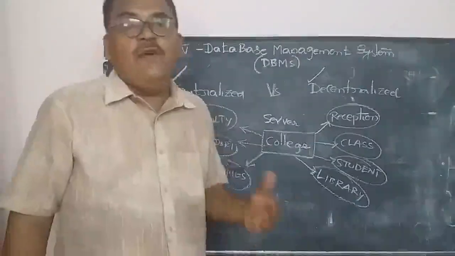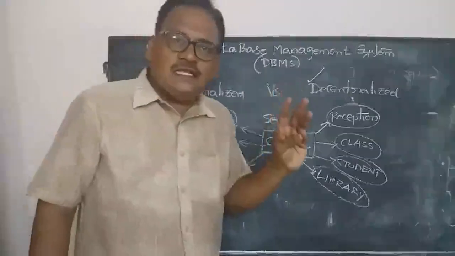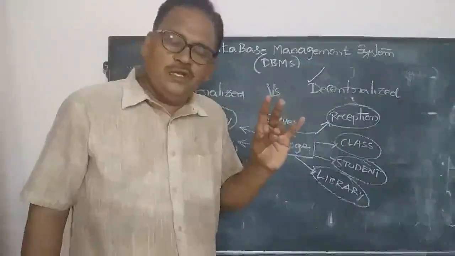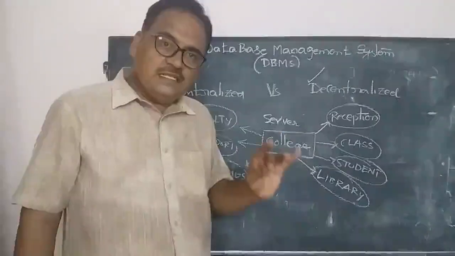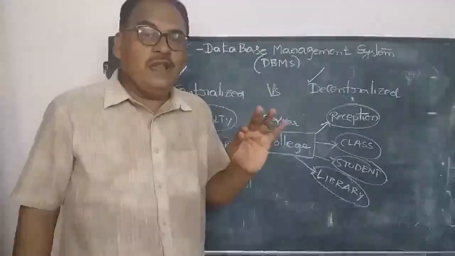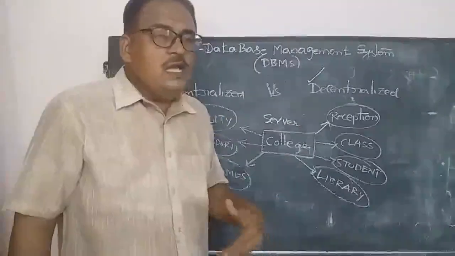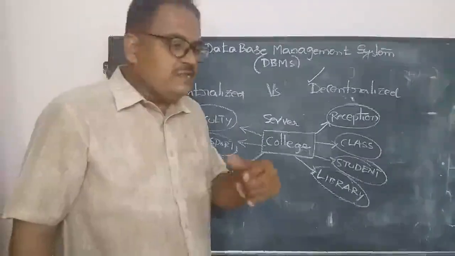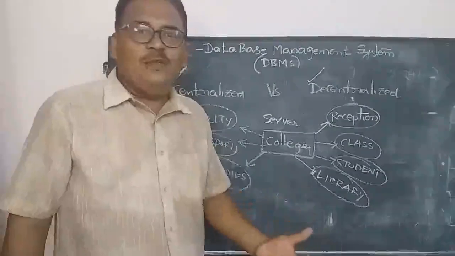And the next one, which is very, very important, is data security. So the advantages are data centralization, next reducing data redundancy, third data consistency, and fourth, very, very important, providing data security. So these are the major advantages of DBMS. It is very effective backend software to maintain valuable data.